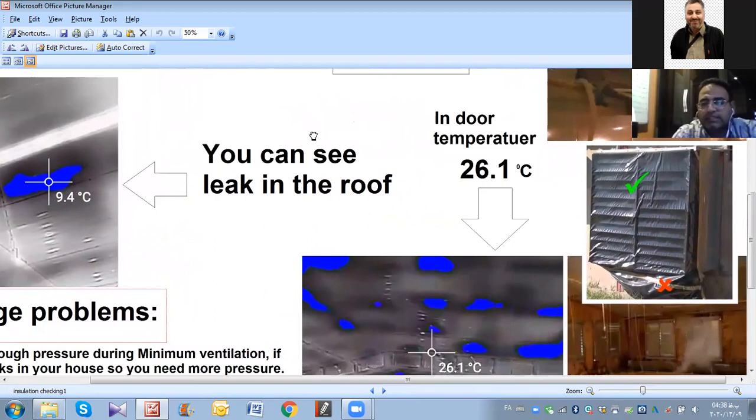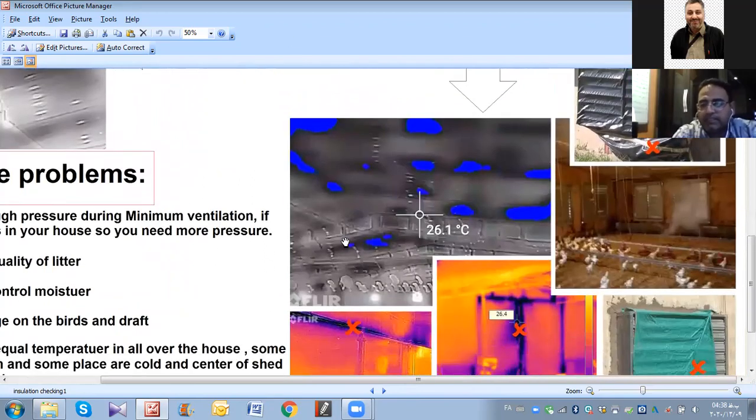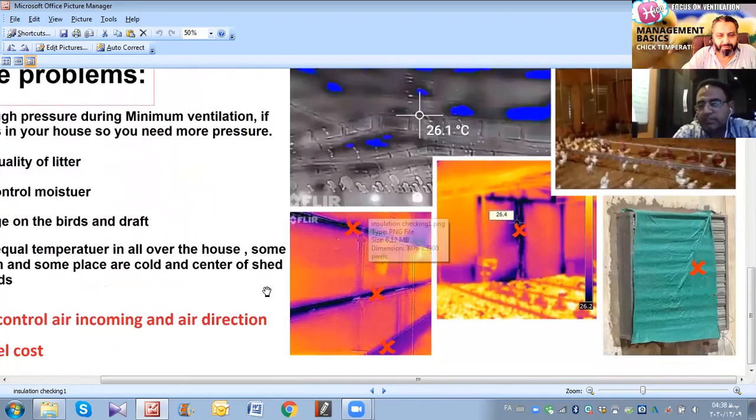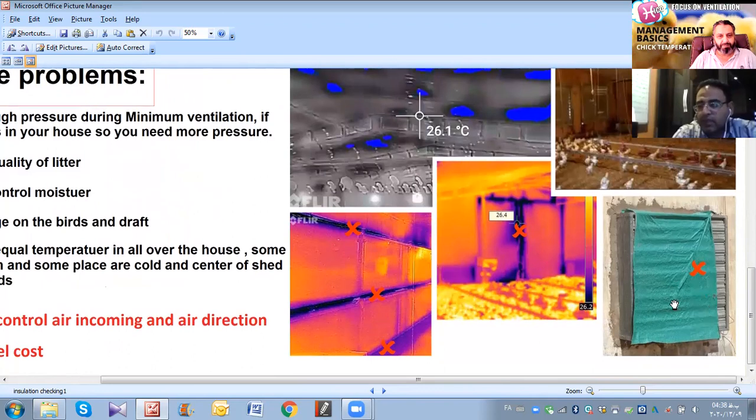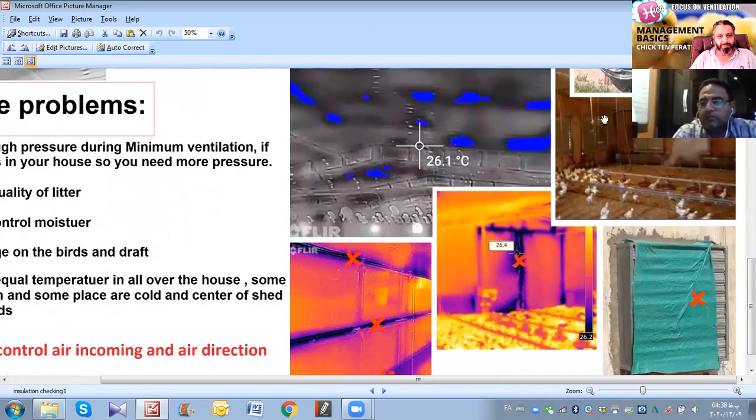And you can see in other places leakage in the shutters, summer shutters, doors, and fans. Also you can see here wind problems from outside to the inside of the sheds.